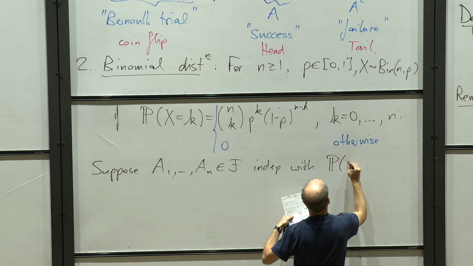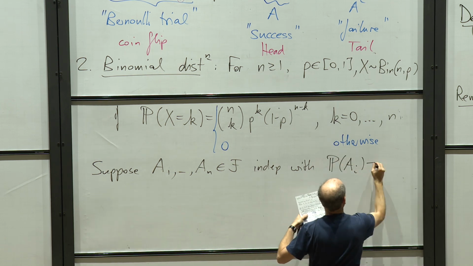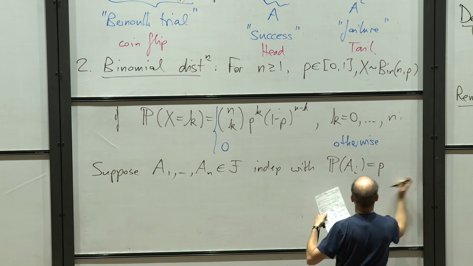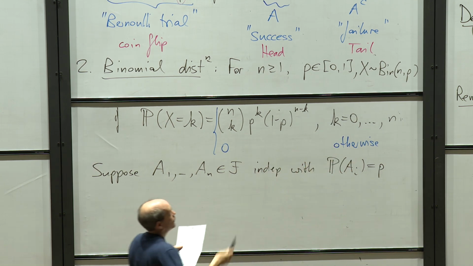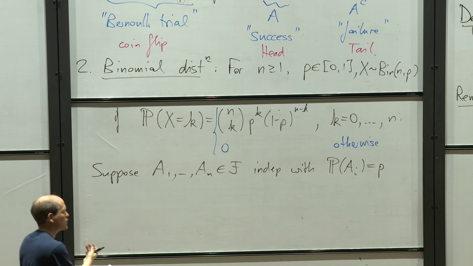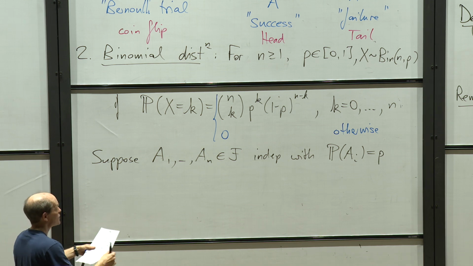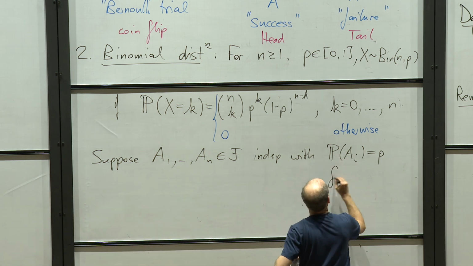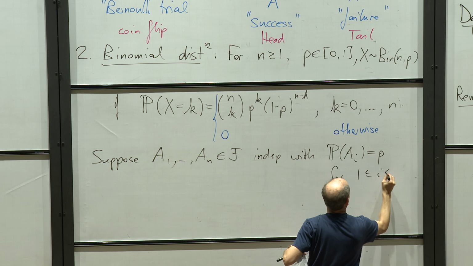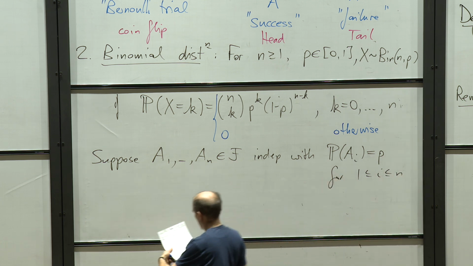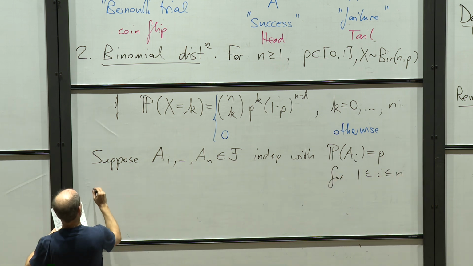So the probability of each of the AI is equal to p. And independence means that probabilities of intersections are equal to products of probabilities. Then the consequence is here, if we have this for all i between 1 and n, then the total number of